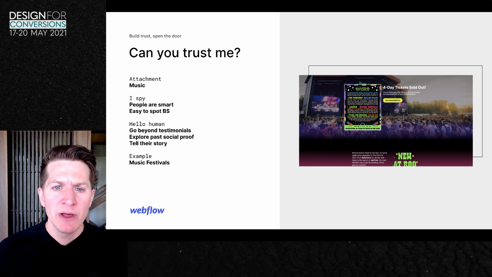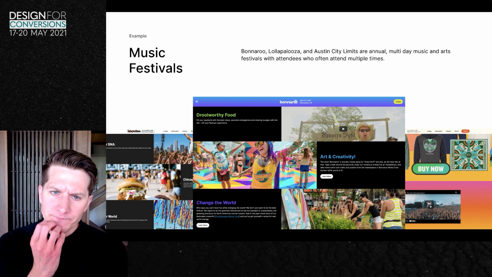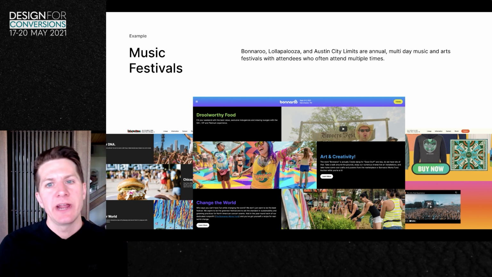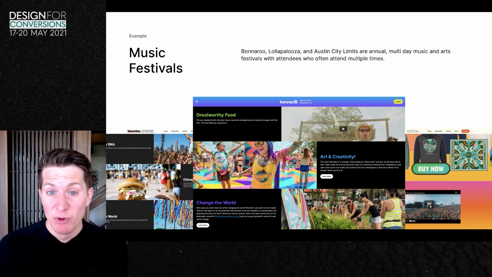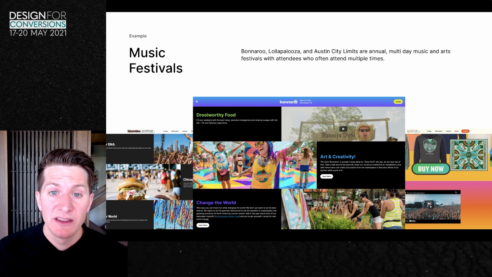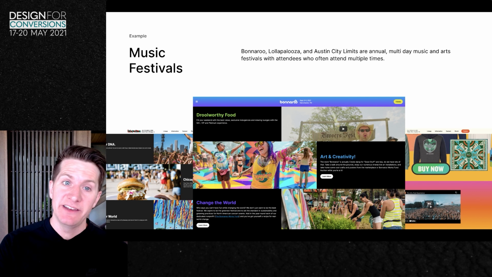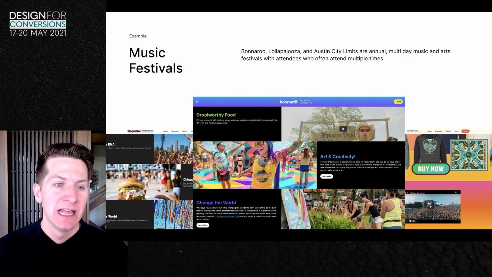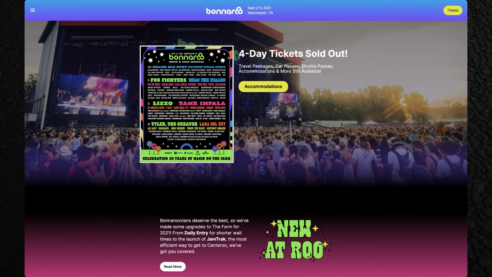So the example I want to provide here is a couple different music festivals. Bonnaroo and Lollapalooza and Austin City Limits, these are annual multi-day music and arts festivals with attendees that attend on an annual basis because they have this attachment and this trust in the festival itself, right? And the people that go to the festival and being part of that community. So if we jump over to the live site and take a quick look here, you can see